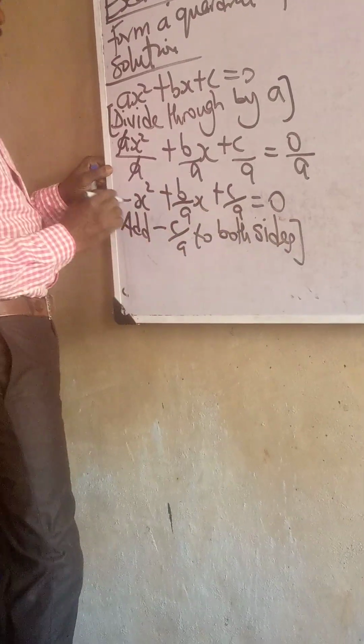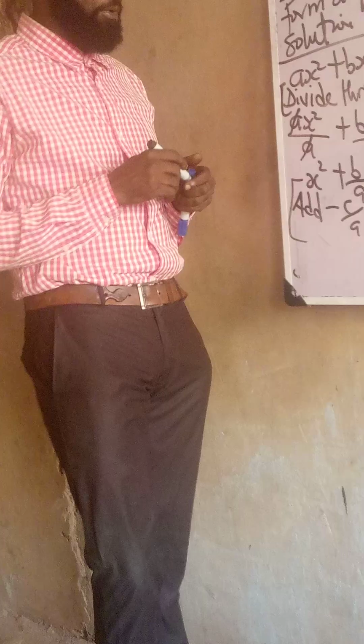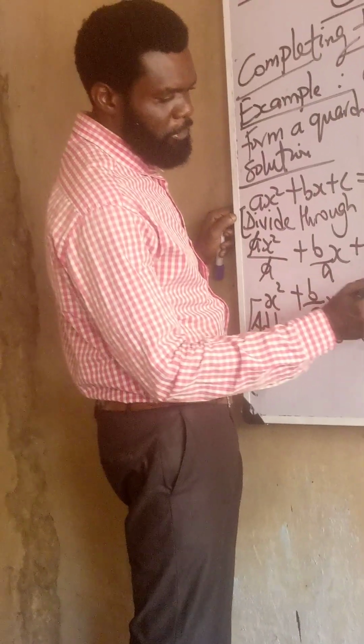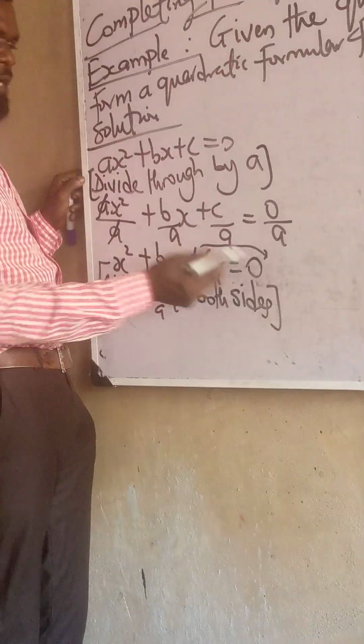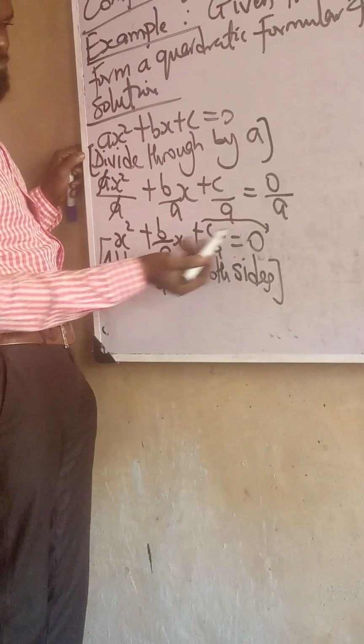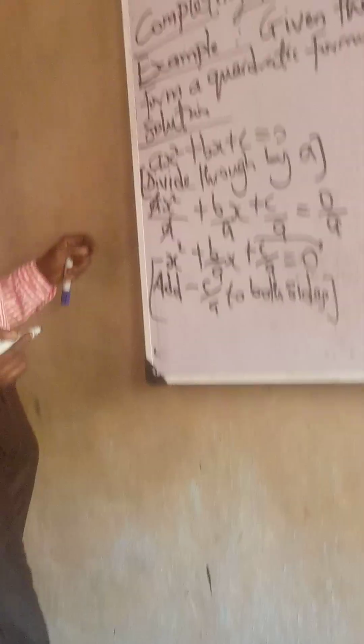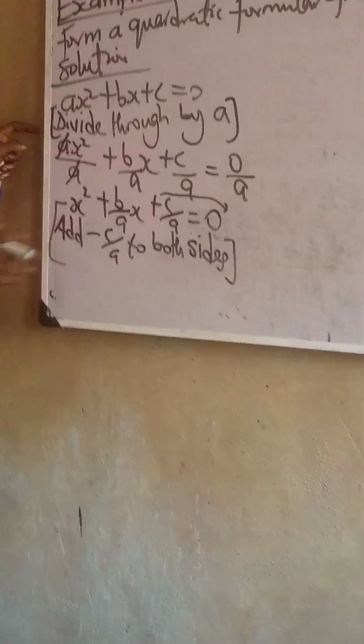We are adding minus c all over a to both sides simply because I want to move this plus c over a to this side. And when I move it to this side, the sign will change to minus c all over a. But the best way to move it mathematically is to add minus c all over a to both sides, to this side and to this side. So we are going to have